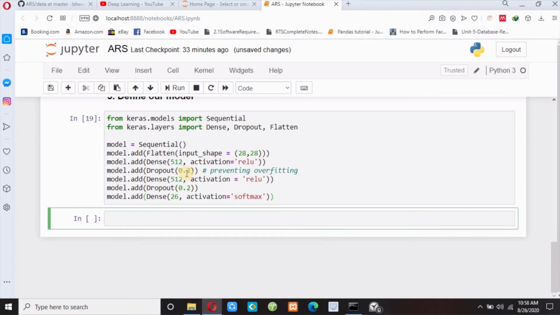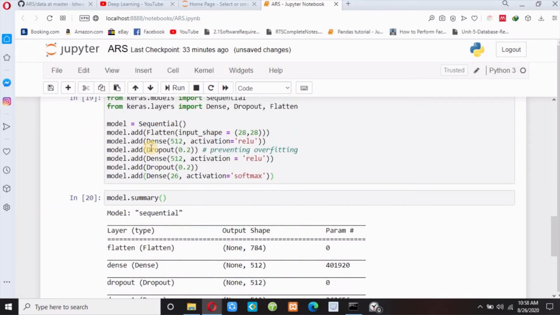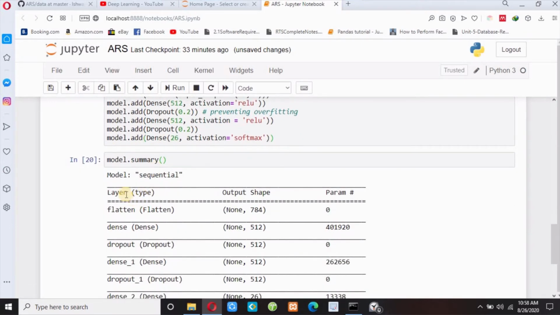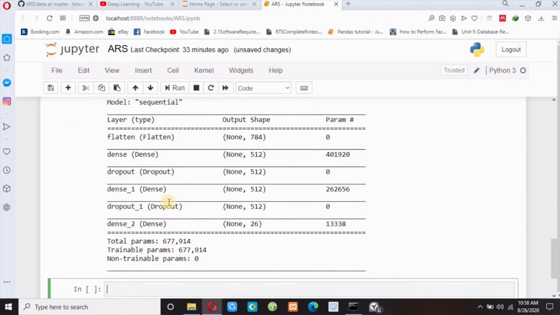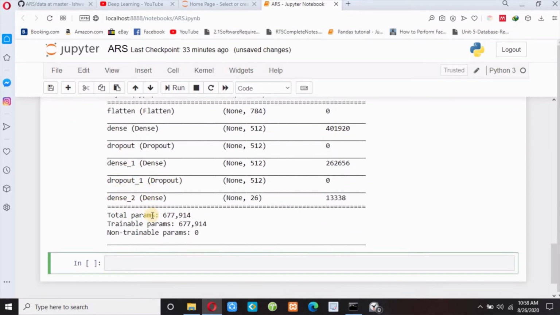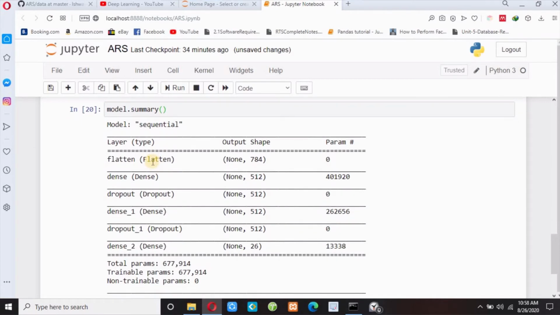Okay, now we can check the summary of this model also. So we can write model.summary. You can see here our model is Sequential as we have defined here, and there are Flatten and Dense layer, and we have also used Dropout function, and then again Dense layer, again Dropout function, and again final output layer. You can see here total parameters and trainable parameters and non-trainable parameters equal to 0, and you can see the shape of output and also parameters. So this is optional. You can check your summary of model also.